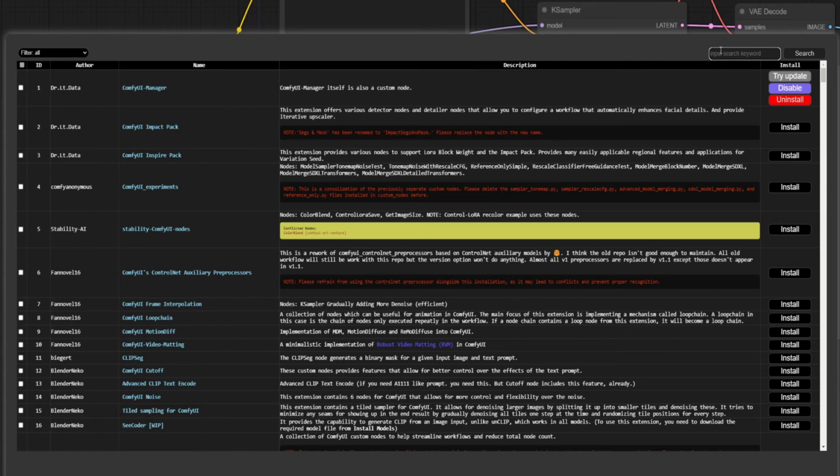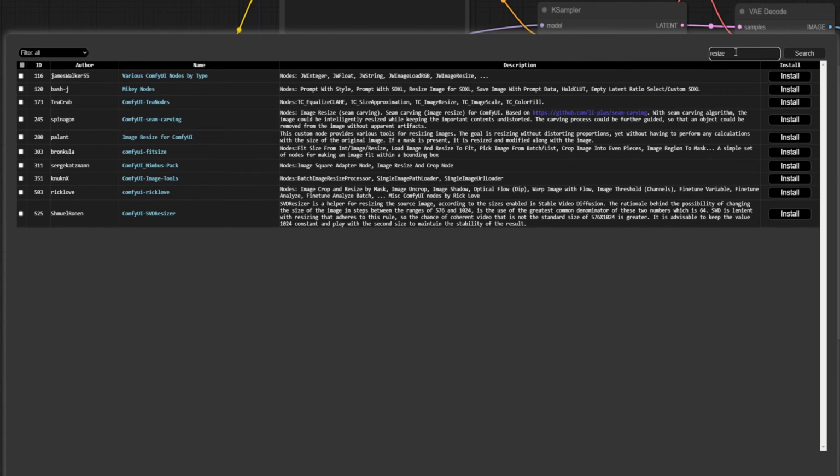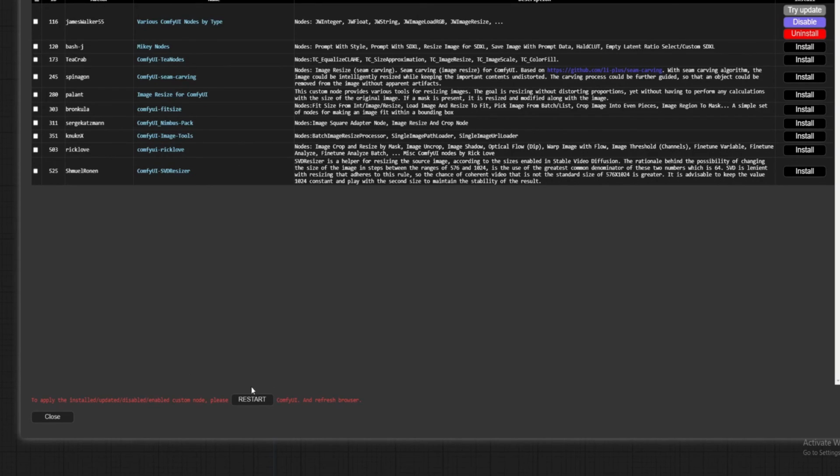Once again, a new menu will pop up. In the search bar, we simply search for resize and grab the node we want to install. In our case, that's Various ComfyUI Nodes by type by James Walker 55. How do we know that's the node we're looking for? Well, if you're not sure that a node fits your needs, you can just click on the node's name and the GitHub page for the node will pop up in your browser, where you can check if the node is right for you. After we click on install, we need to restart ComfyUI for the changes to take place,